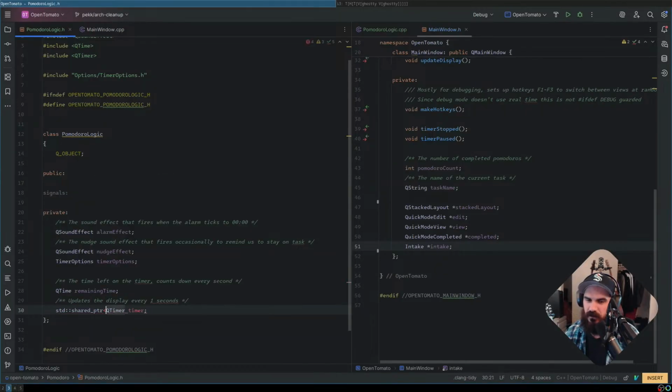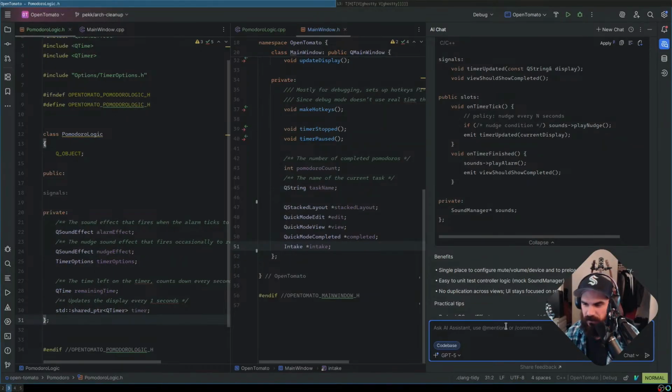What I like to do, since I'm doing this trial of AI here, is use it as much as possible and see how it is, because when the trial's over I'm not going to have it, and then I can see if it's something I want to continue. Explain, summarize the different types of standard smart pointers.